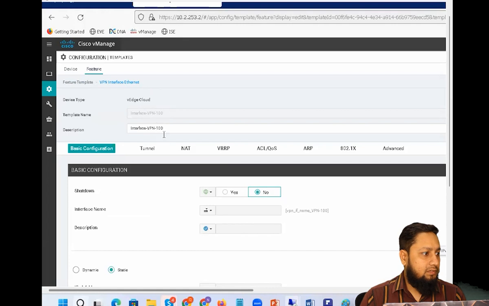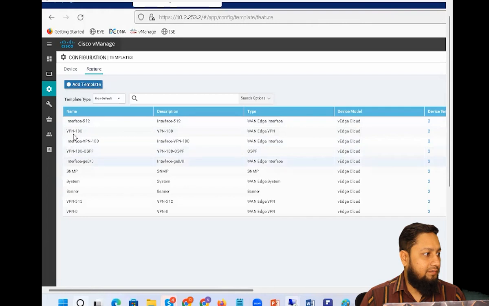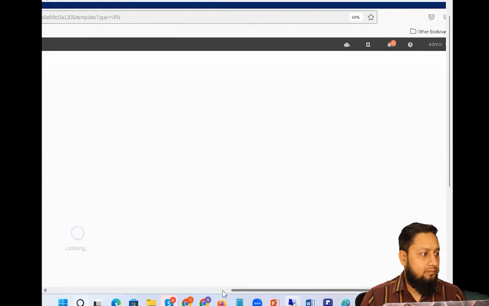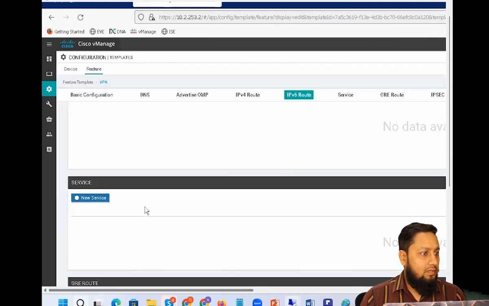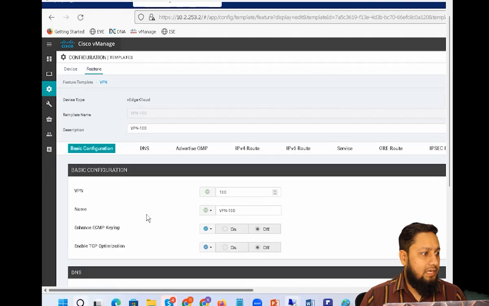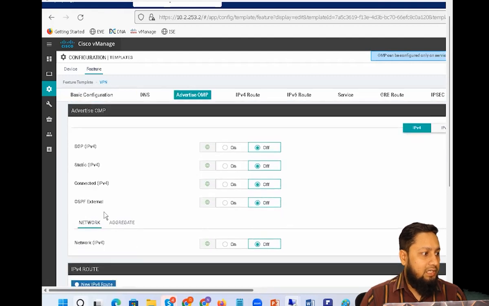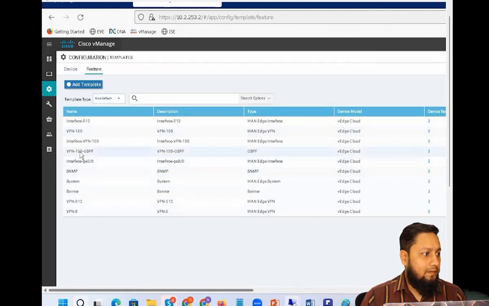This is interface, sorry, not VPN. That's what I was thinking, how it is coming in this way. VPN 100 is this. So in VPN 100, we had all these things. Okay, so everything is learned via OMP. Now, if you go in the OSPF,